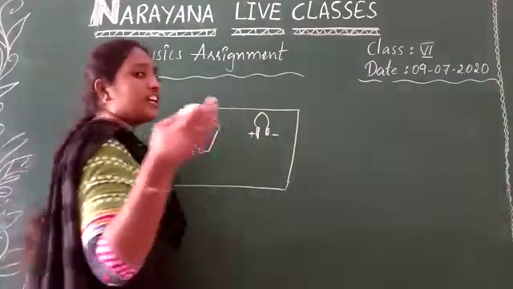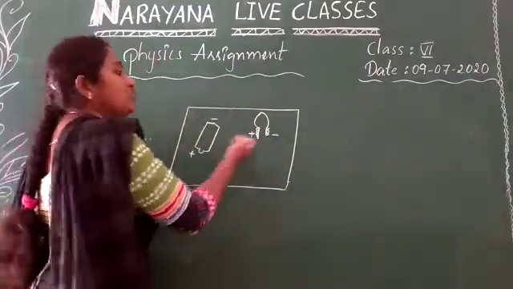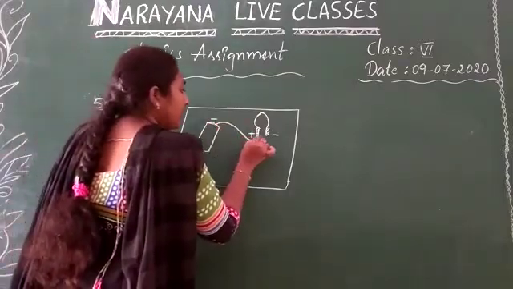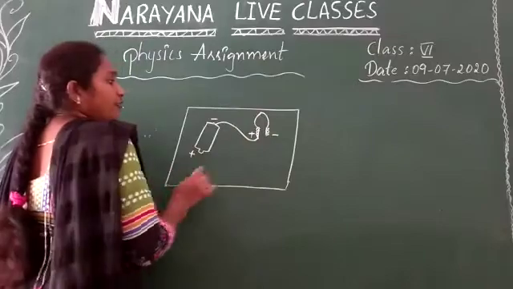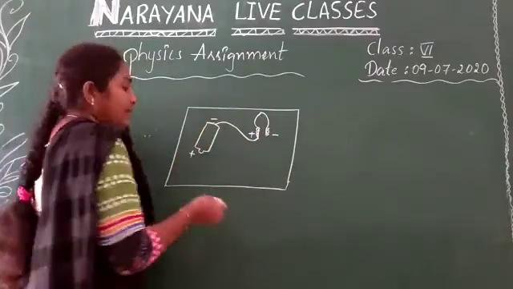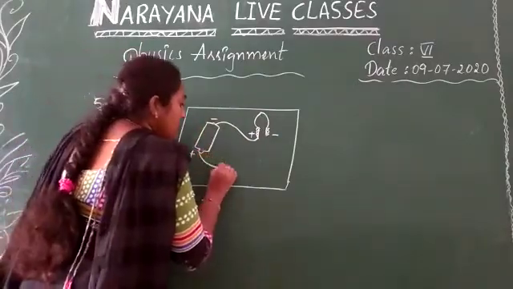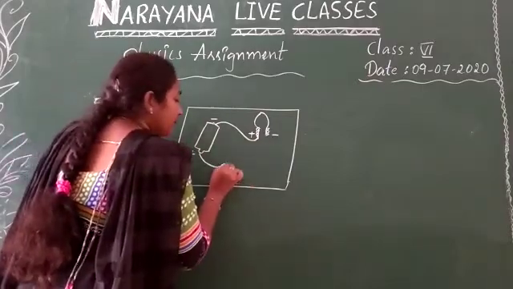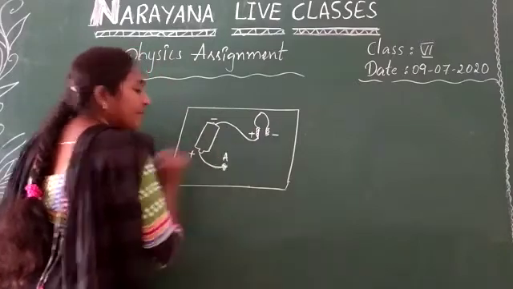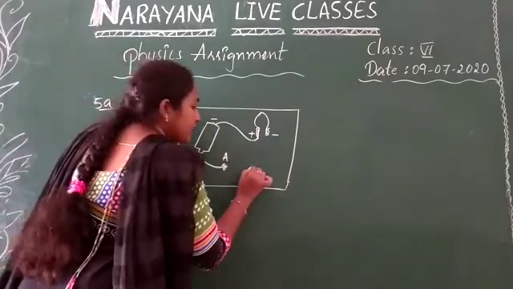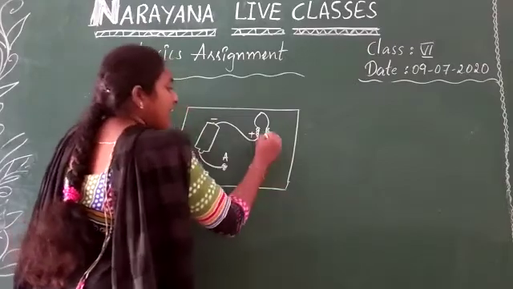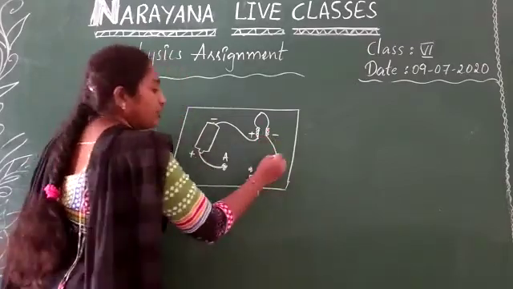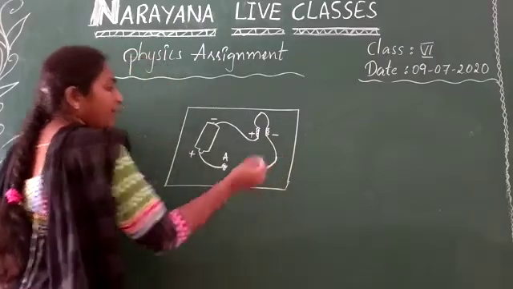Now I am using connecting wires to connect these two electrical components. One wire I connected from the positive terminal of the bulb to the negative terminal of the cell, and the positive terminal of the cell is going to connect to the drawing pin at point A. One more drawing pin is there at point B, and from the negative terminal I am taking one more connecting wire to connect to point B.